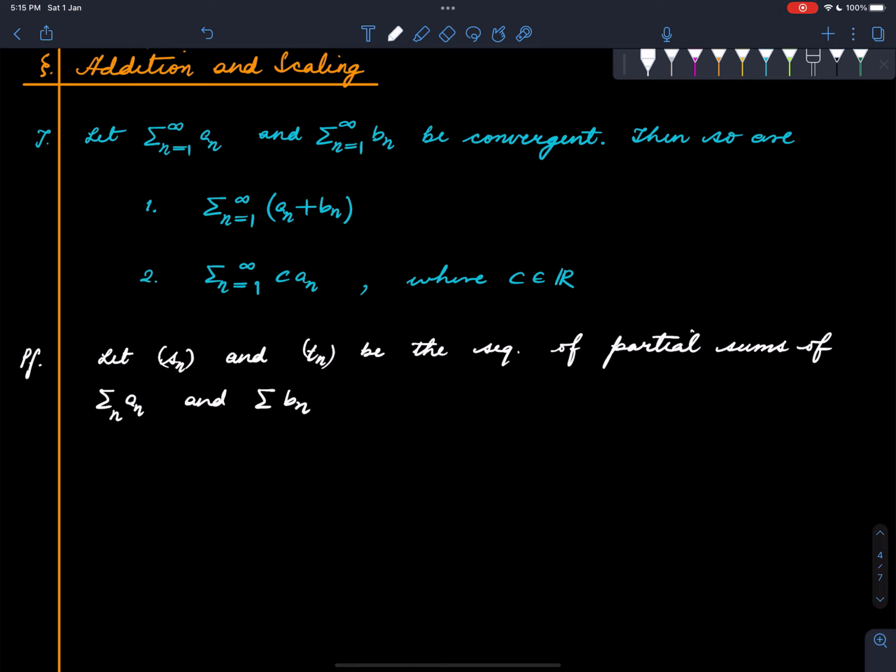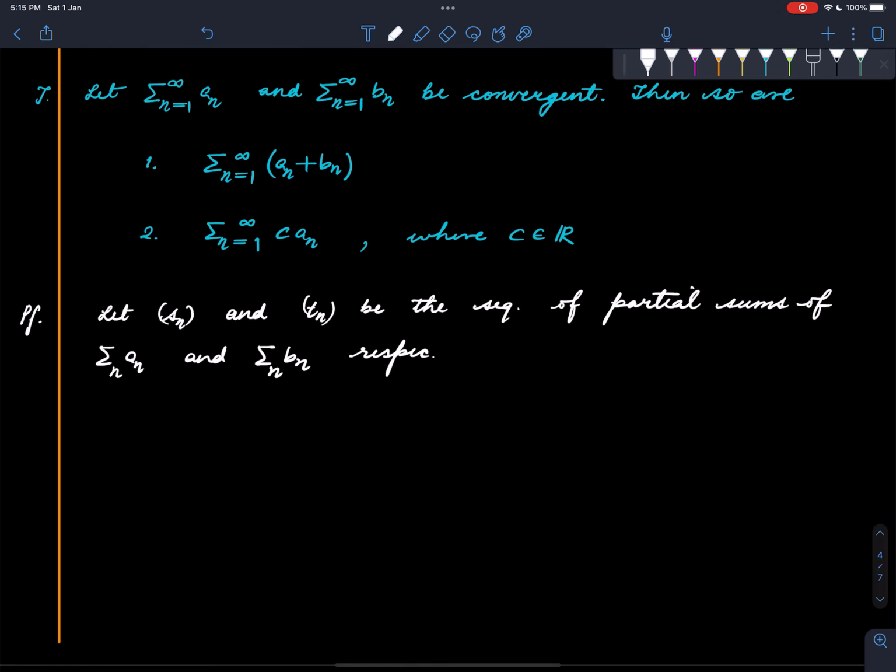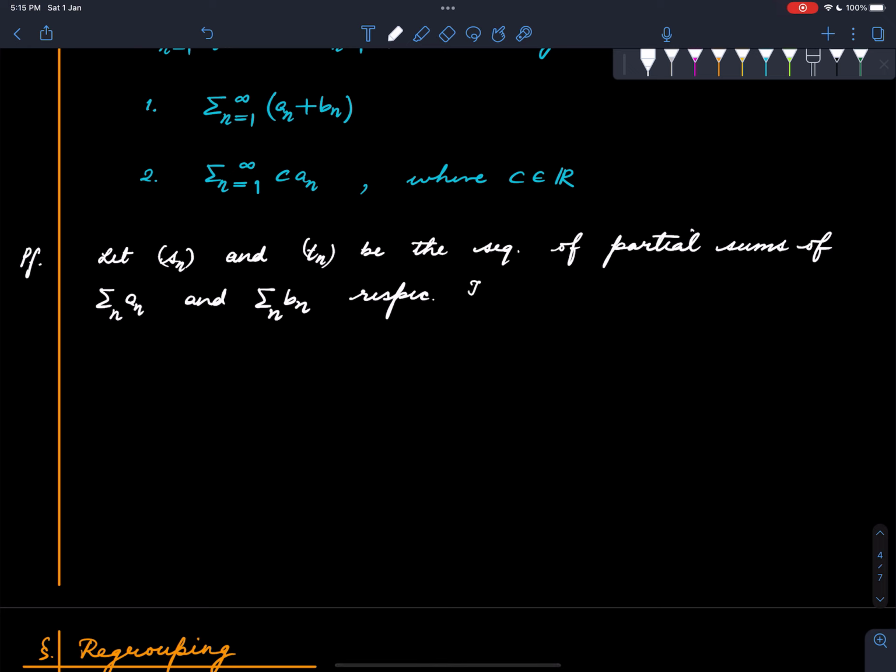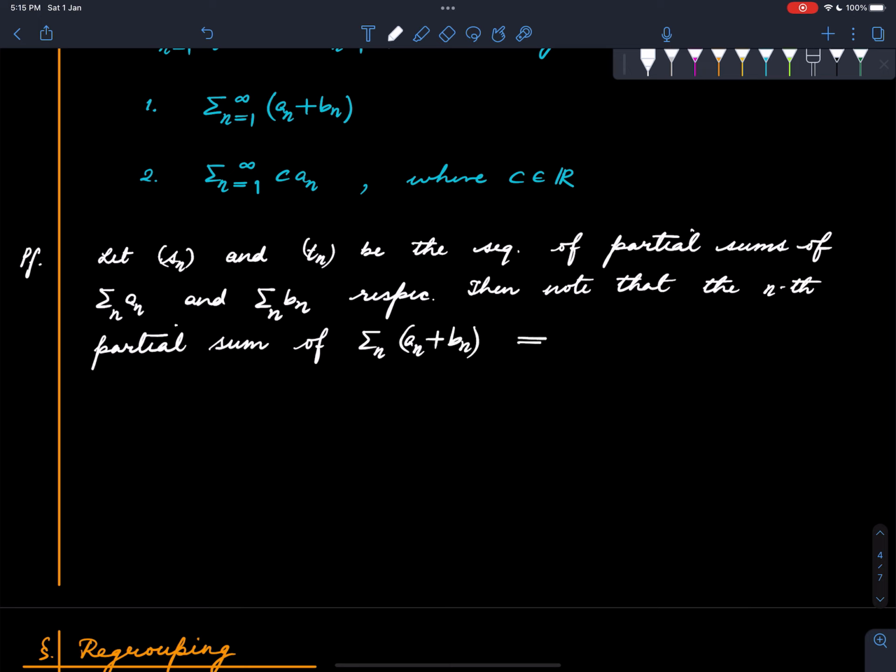Maybe I'll just put a subscript of these respectively. Then note that the nth partial sum of this series is Sn plus Tn,